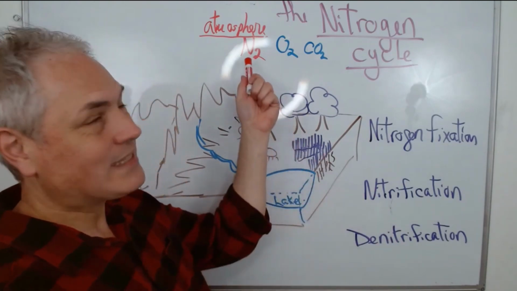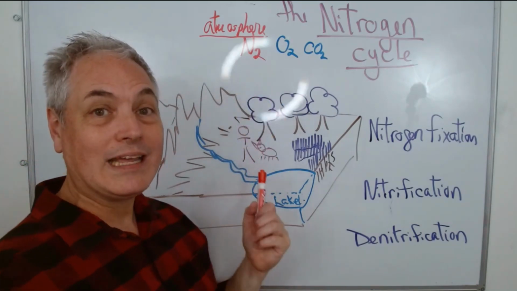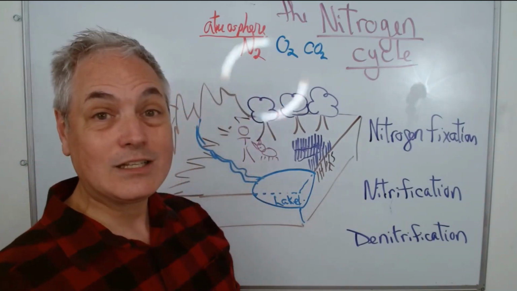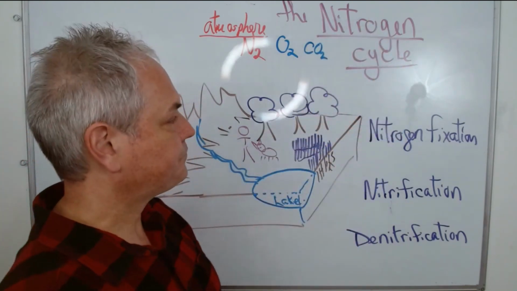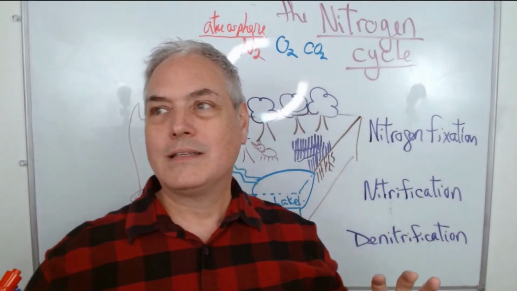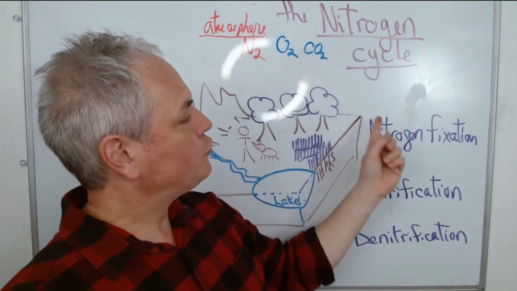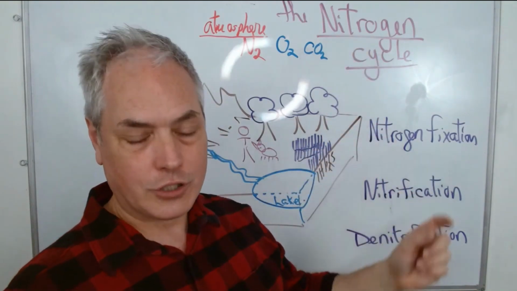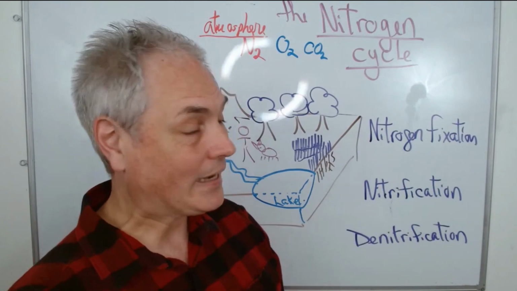So the question here is that if the nitrogen gas cannot go from the atmosphere into our body, how does it work? And that is what we're going to talk about today, the nitrogen cycle. So here I'm going to talk about 3 words that are summarizing what we have with respect to the cycle. The first one is what we call the nitrogen fixation. So here what we have bacteria.